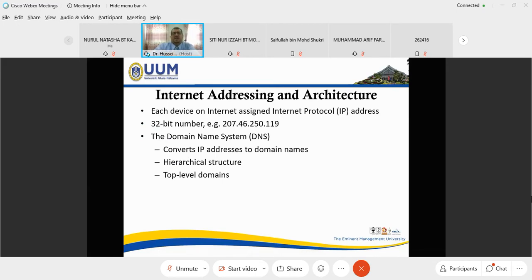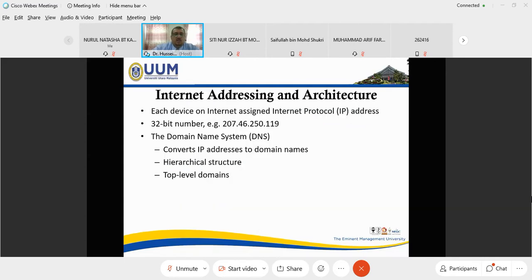Internet addressing and architectures. Each device on the internet is assigned an internet protocol address, so you cannot connect to the internet unless you have one. What is this IP address?